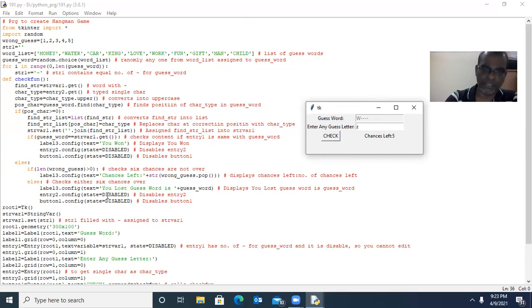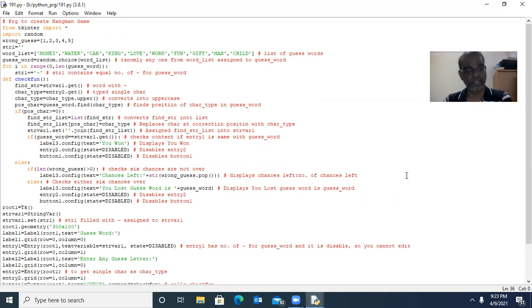So afterwards, I press one more thing, A. Click it here. So it's again going to go here, everything will be solved. Again, A is available in the guess word, it returns number 1, that will do. So likewise, we can do it. So at last T, then E, then at last R. See it here, U1. That means this guess word as well as str1.get both are same. It returns true. Label 1.config equal to text U1 display. Then entry2.config is disabled. Button 1.config is also disabled. That is what we do.